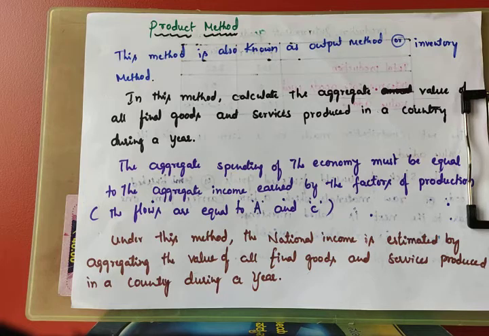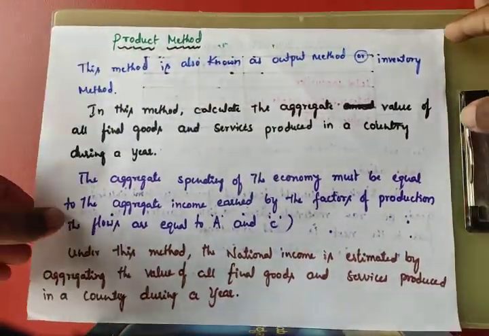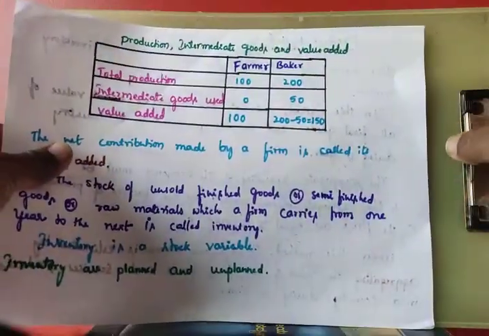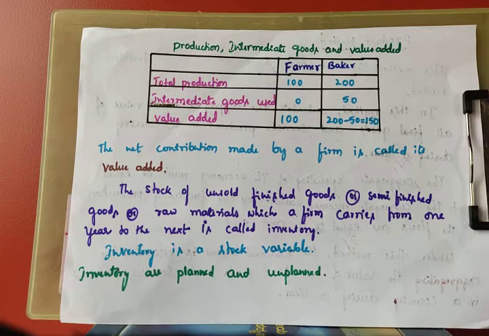Under this method, national income is estimated by aggregating the value of all final goods and services produced in a country during a year. And we also saw an example. So what was that example? Suppose, just imagination, in the previous class I explained that